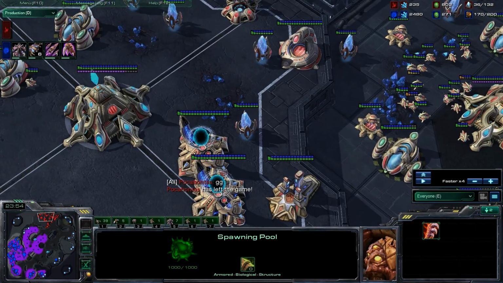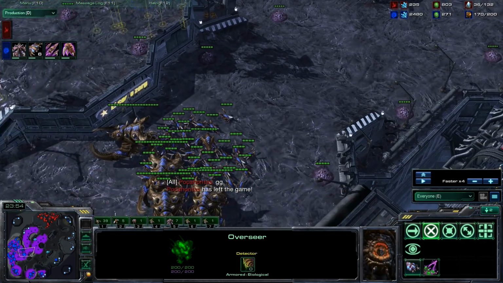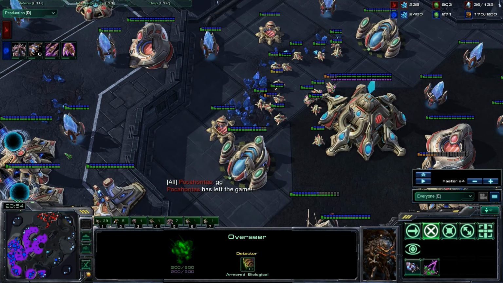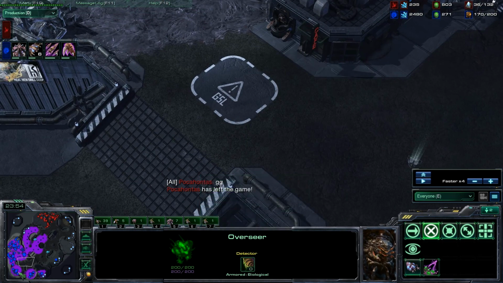Yeah, I don't remember why exactly. I mean, I assumed he had an observer right here, but turns out he didn't, so... I guess he just thought about it and was like, I can't win. So anyways, what I learned is get some infestors, don't attack through the choke, and